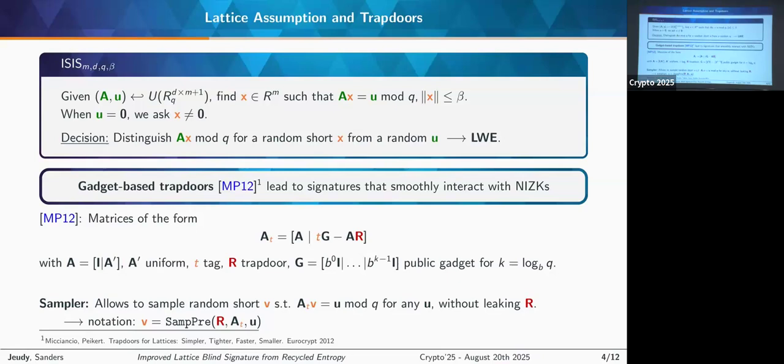Then T is called the tag that we will need for the security proof, and G is the gadget matrix, which is basically the base-B recomposition matrix. Associated to those matrices, we have a preimage sampler, which solves ISIS on the matrix A_T using the trapdoor. It allows sampling short random V's such that A_T times V equals U for any syndrome U that we want,